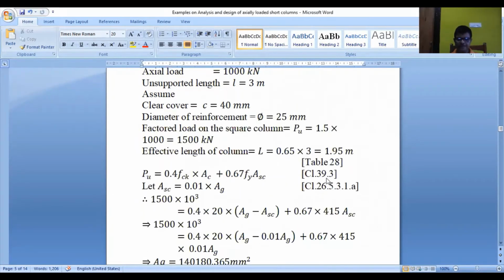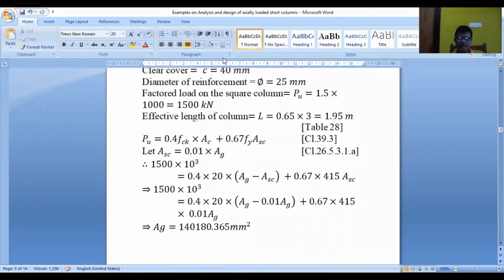Now go to Table 28. In the table, you find out the value of effective length. For the condition that both ends are restrained against rotation and position, the recommended value is given as 0.65. Open your code and you can see from Table 28 you find the effective length. Once you know the effective length, we have to decide whether it is a short column or long column. Once you find the dimensions of the cross section, because only knowing the length you cannot find out the length by least lateral dimension. So first find out the size of the cross section.